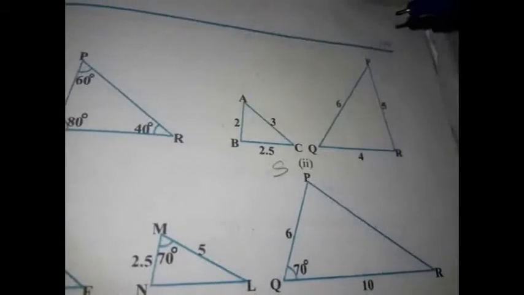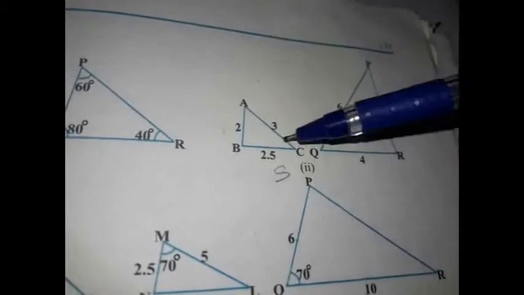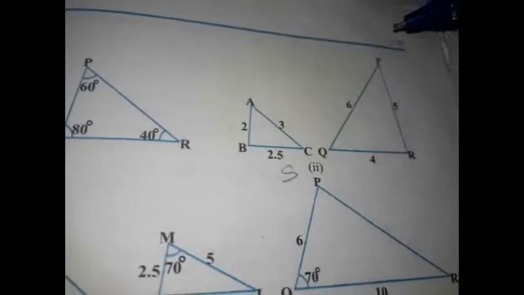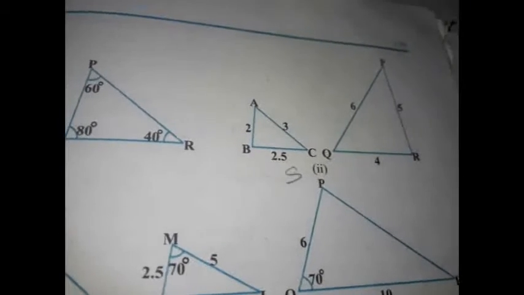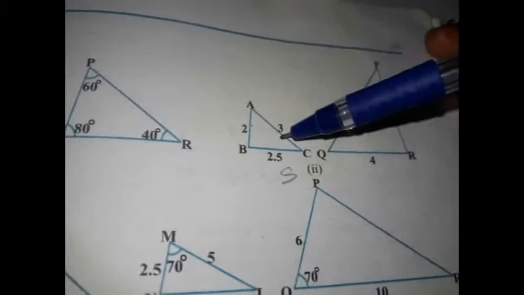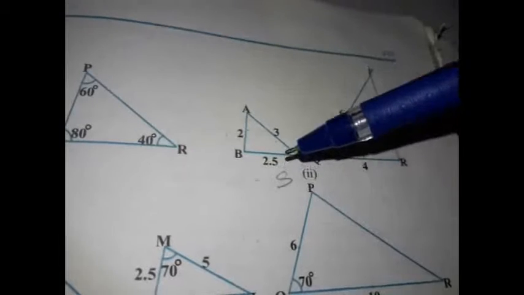If you see the next question where the sides are given, to talk about the similarity, when the sides are given, we should have the sides in proportion, which means all the sides are in the same ratio. And if you check the sides of triangle ABC and PQR, we can find that the measurements of the sides of PQR are multiples of ABC. Yes or no? See, here 4 is a multiple of 2, 6 is a multiple of 3, 5 is a multiple of 2.5, and it is very clear everything is 2 times. So the sides are in proportion.